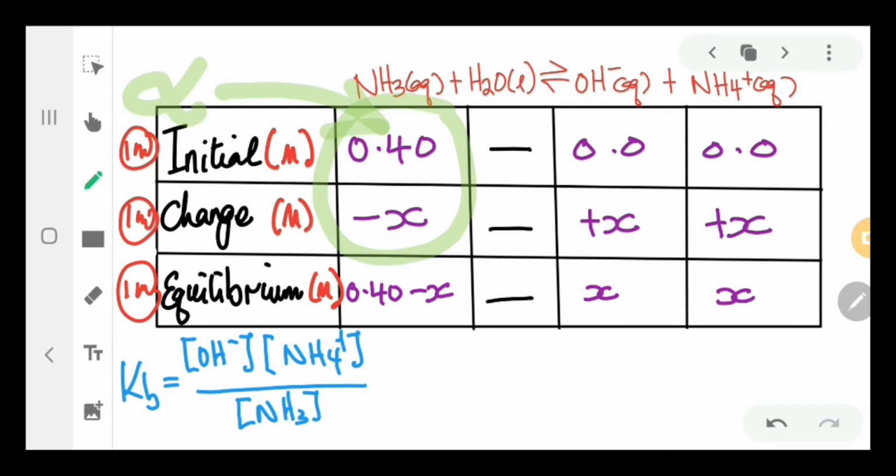Okay? And then when we plug in the values, this one into that one, and 0.40 minus X to the one right there,